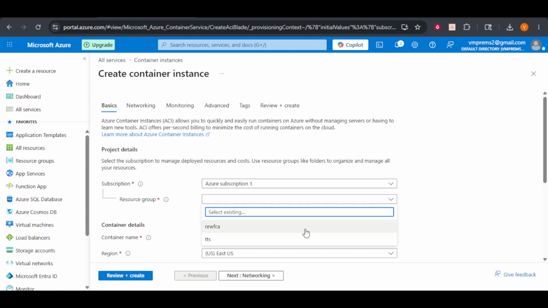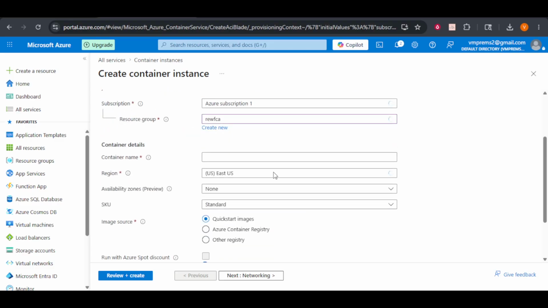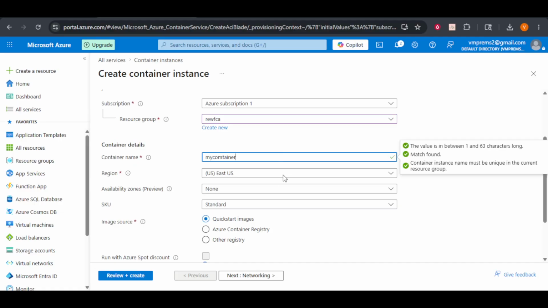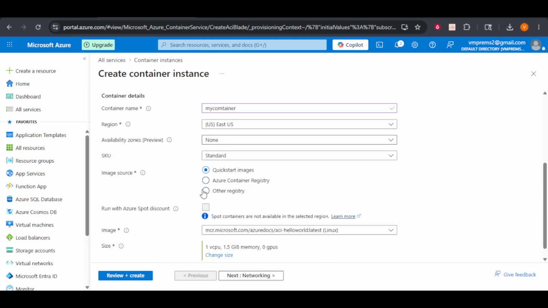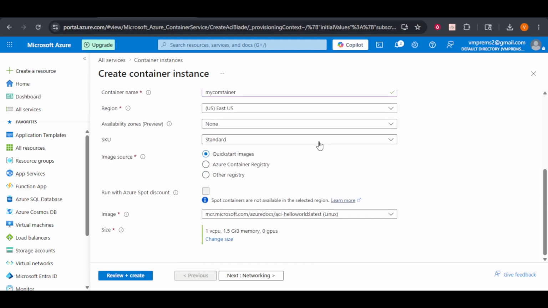Next, it's time to configure the details of your Docker container. This is where you'll specify the settings that define how your container will operate within Azure. You'll need to fill out several fields here, so let's break it down. First, select the subscription you want to use. This is crucial as it determines how billing will be handled. Following that, choose a resource group or create a new one if needed. Resource groups are a way to organize your Azure resources, so make sure you pick one that aligns with your